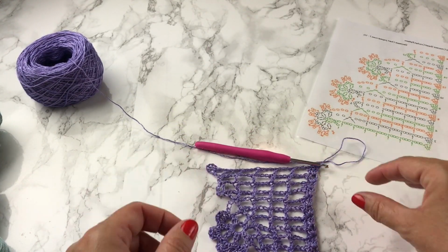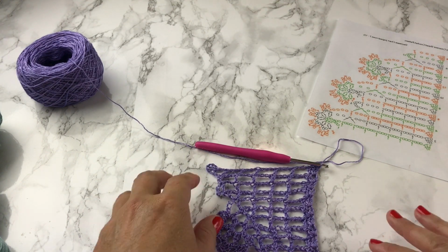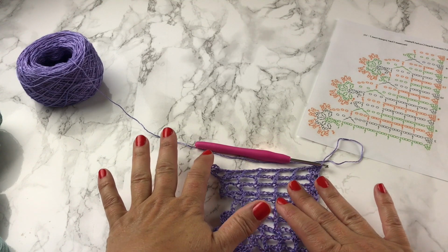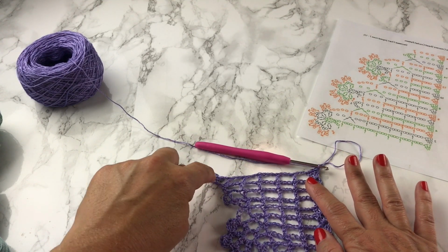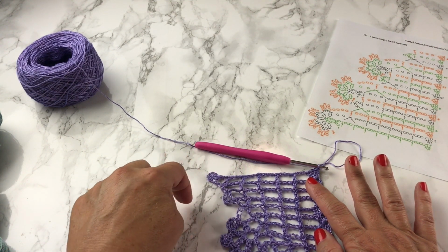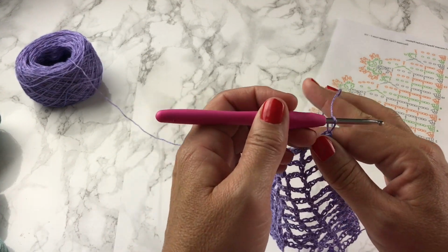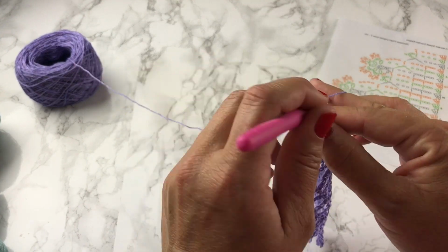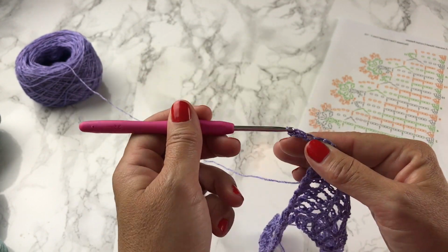Okay, so that looks the same as it does in the previous rows. A row 1 was never an increase row, so it's not a decrease row now either. It's just a simple pattern row where we're adding that chain 5 ring so that we can work the flower petal on the next row. So now we'll start with the second row, which is chain 3, turn our work, 2 double crochets in that first stitch,